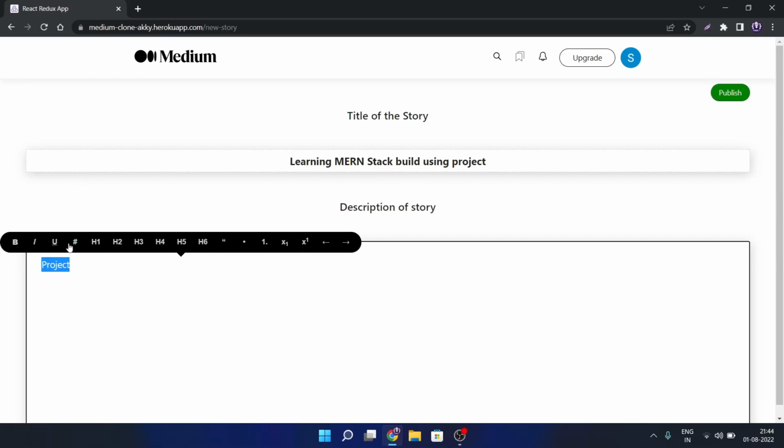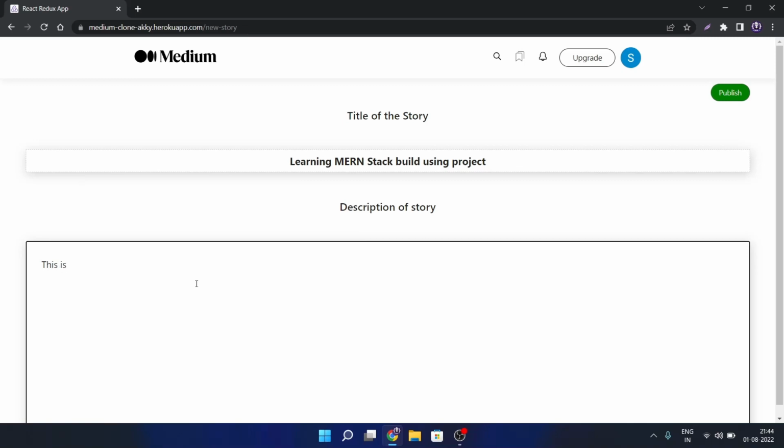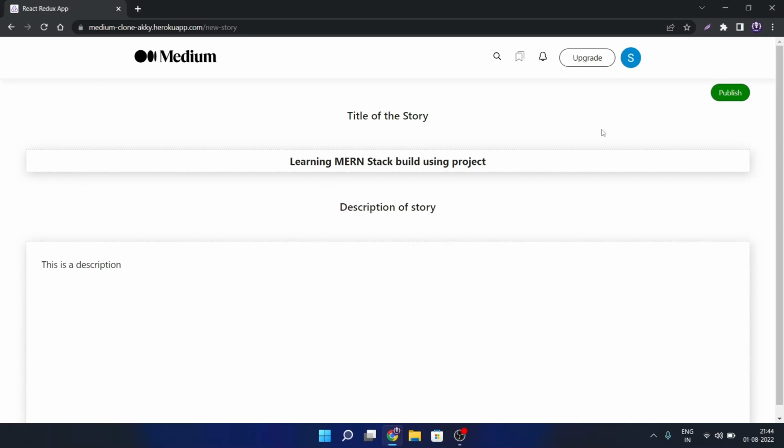So you can simply add links, headings, quotations, bullets, numbering, subscript, and superscript, and there is a bunch of options for the Medium editor. You can visit the npm package page of the Medium editor, where you will get a bunch of options, and you can simply implement them here. So let's write a valid description. This is a description, and now when I click on this publish button,